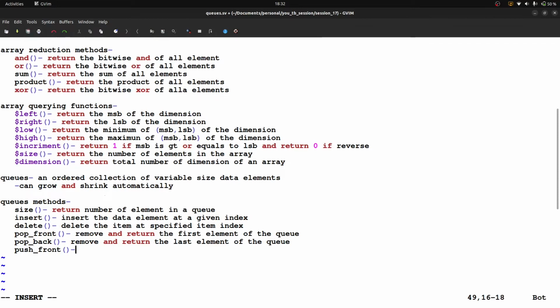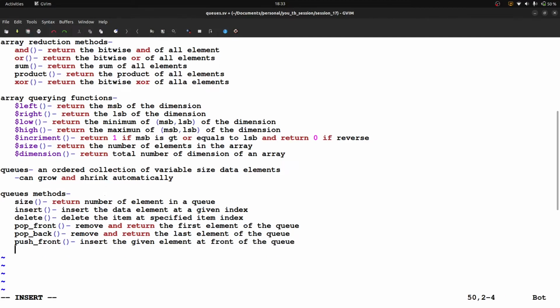Means if the user wants to put some element at the front of the queue, he can use that method called push front, right? So insert the given element at the front of the queue. Okay, next one is push back. So if you want to insert some element at the back of the queue, at the bottom of the queue, you can use that method called push back.